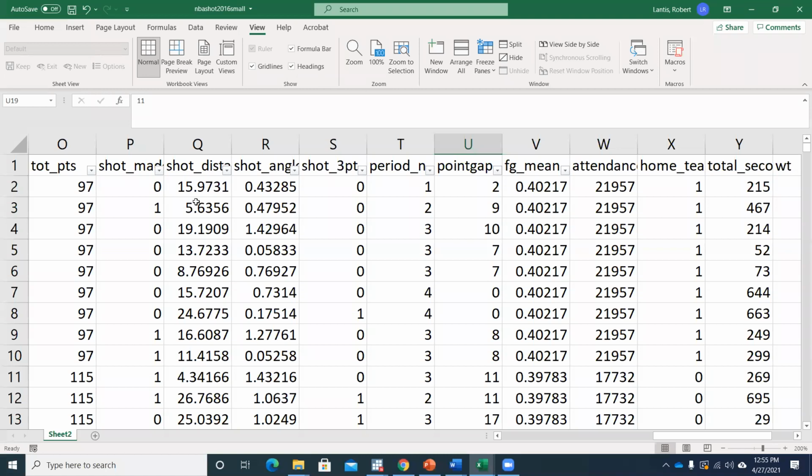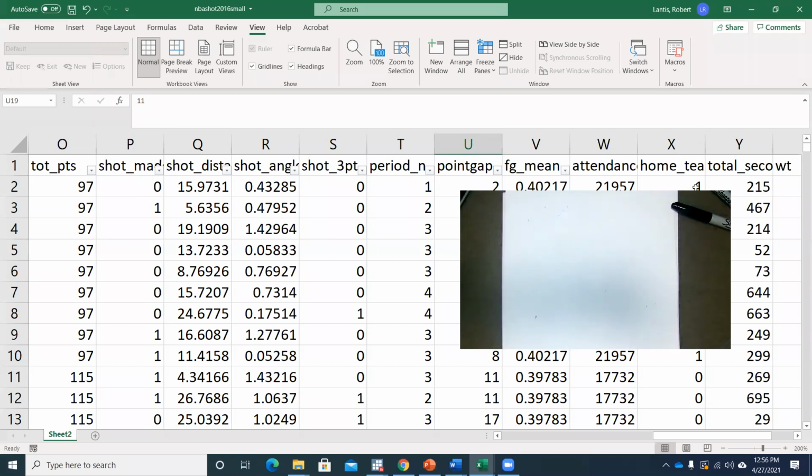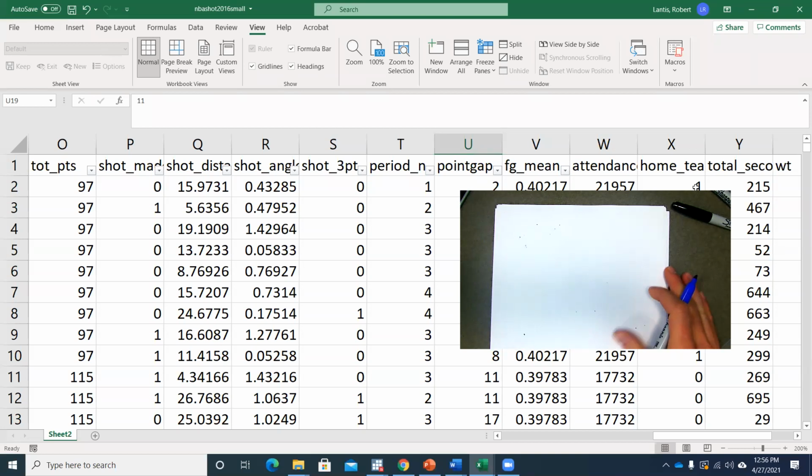The idea that was emailed to me was, could you figure out if someone's like a clutch shooter, right? Well, it probably could take a lot longer and come up with a really good regression to analyze that exact question. But we'll do the best that we can for the context of this class. So one thing I wanted to show you was what happens if we have a y variable that's a 1 or a 0. Right? So the regression that we're going to start out with is,